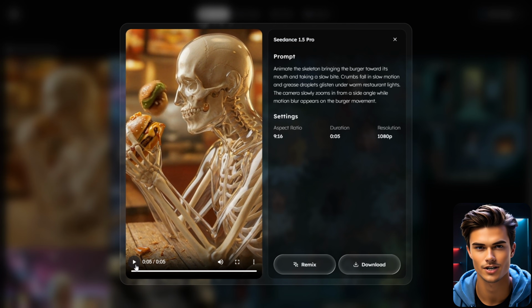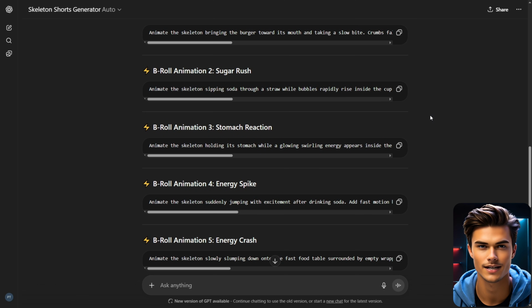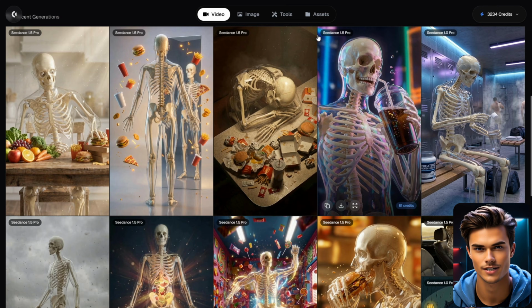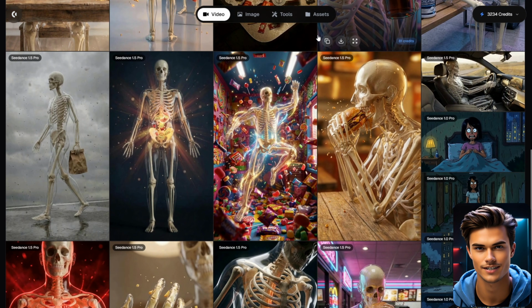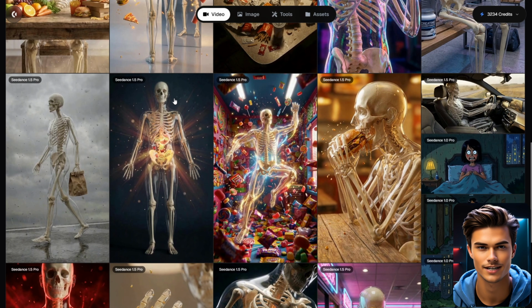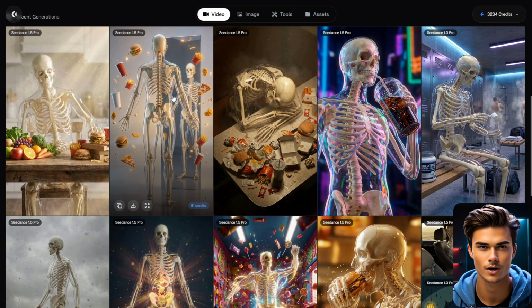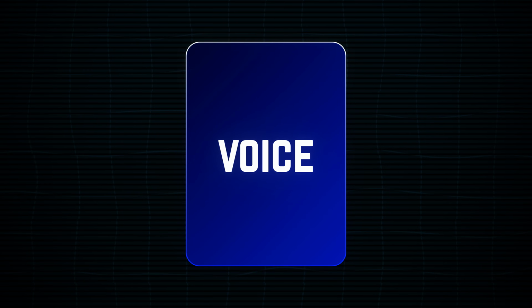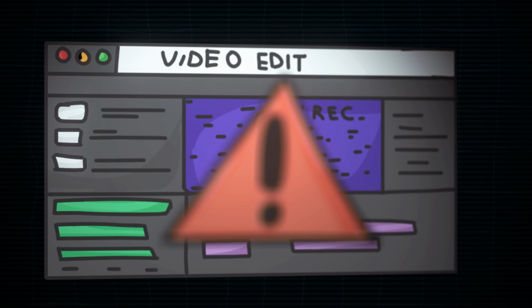So now that you know how to generate the videos, simply repeat the same process using the remaining prompts until all of the scenes are complete. And just to save some time, as you can see, I've already done that, and the entire process only took me a few minutes and was actually super easy to do. Now make sure to download all of the videos that you have created so far, and once that's done, you will be ready for the next step, where I'll show you how to combine everything together and edit the final